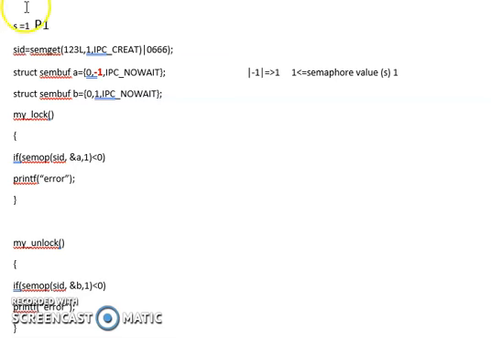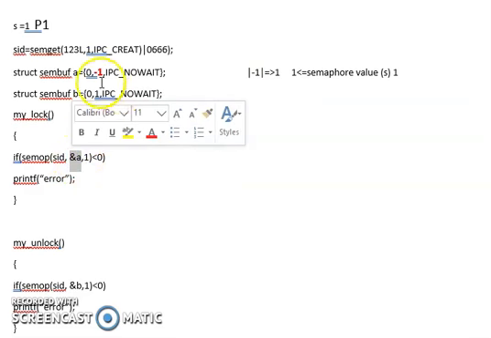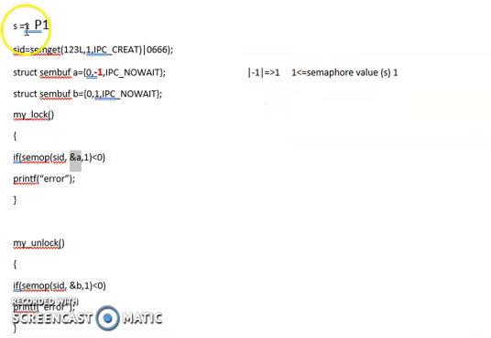P1 process. So P1 process currently executes, checks with sem_op above the critical section for having an entry. So it checks through mylock, it goes through the sem_op system call, checks against the structure A, finds the value to be -1, finds the absolute, compares that with the semaphore value.